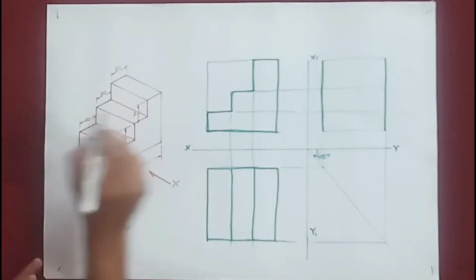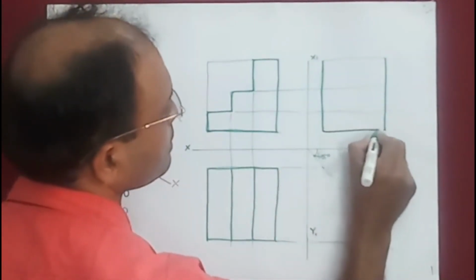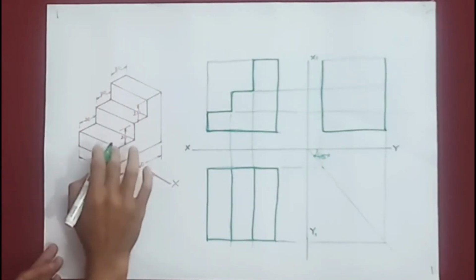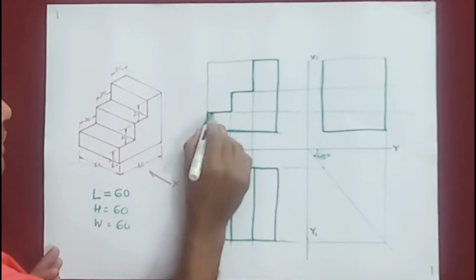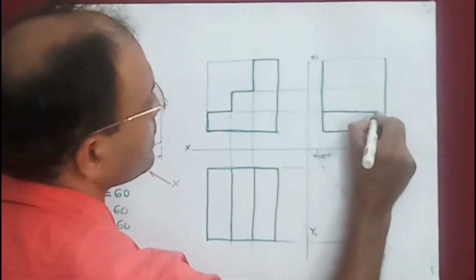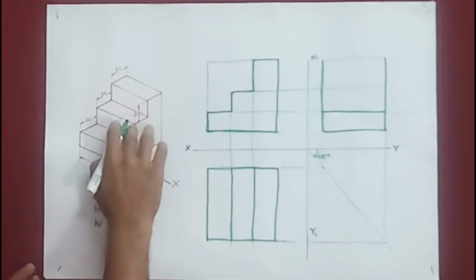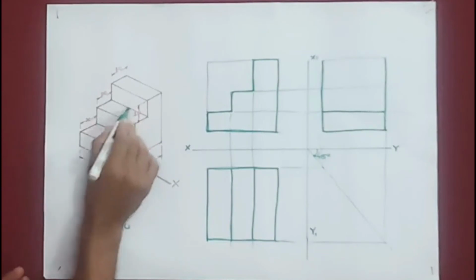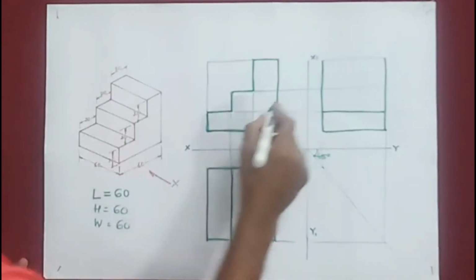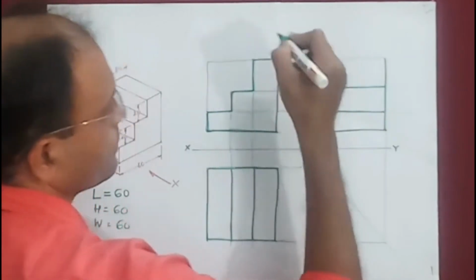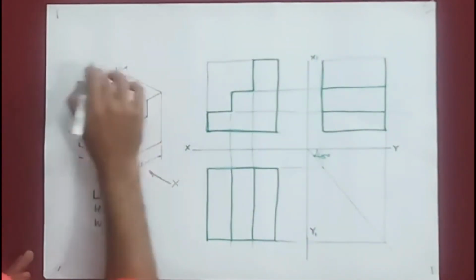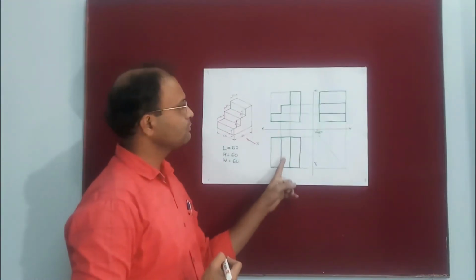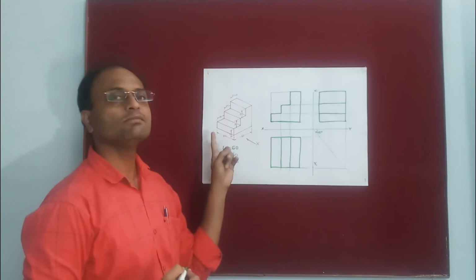Then as we see this edge will be seen visible, okay. Then this edge, as we see here, when you look from front it will be seen at a height of 20. So this height we already took as 20, so here we have to show that edge, okay. From here at another 20 mm height you will get this edge. So this particular edge and this edge both will coincide with each other when you look from left. So for them we have to show only one edge, okay. And this topmost edge will be seen something like this, okay. So this completes front view, top view and left hand side view for this given object.